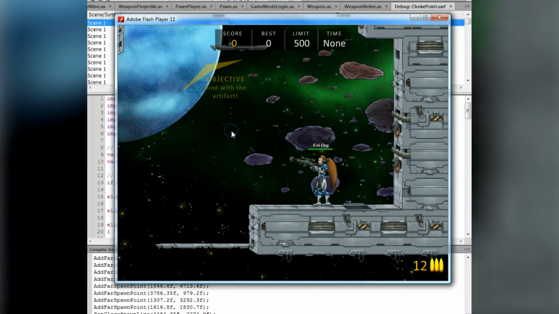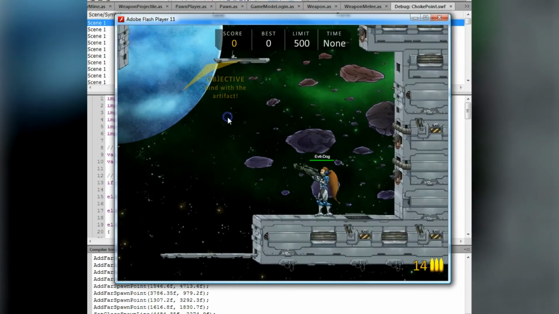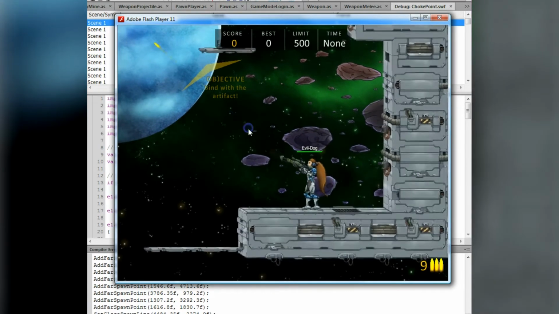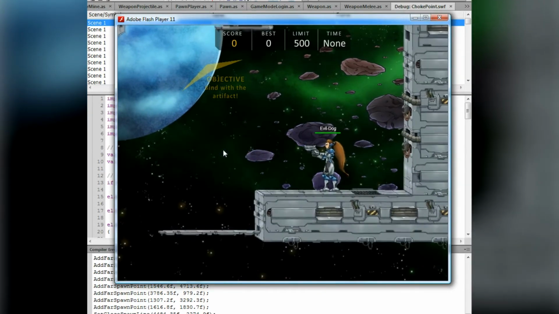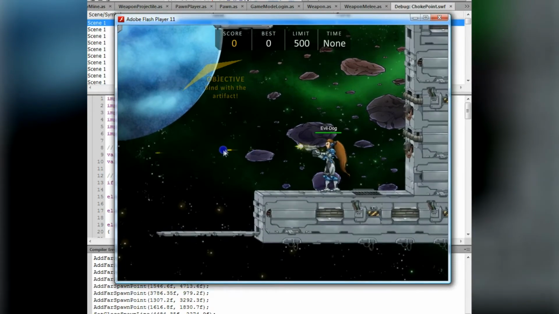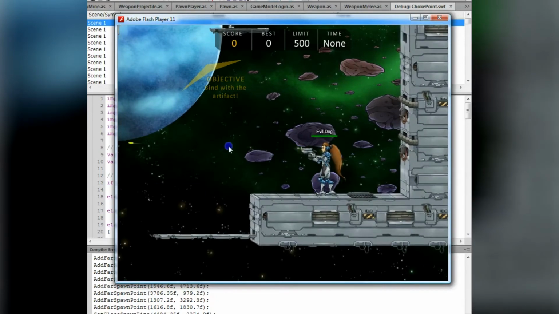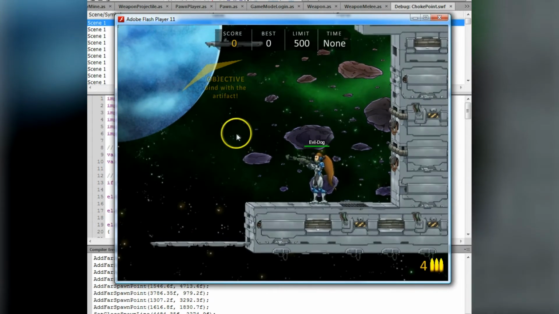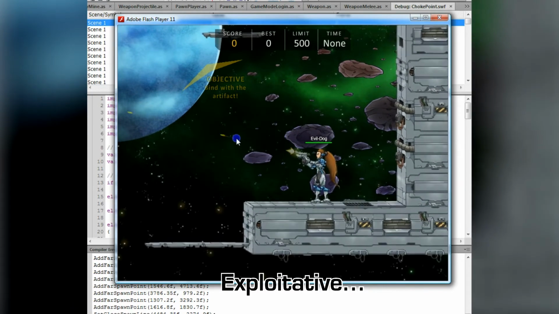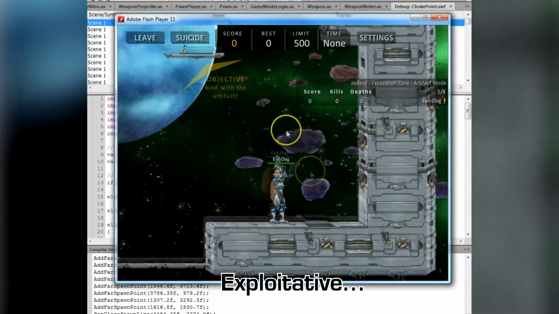Shoot a couple shots just to make sure which one is which. Okay, 2, 3, 2, 3. Okay. Alright, good. That I can do. That's good. I can switch weapon and it's not like exploiting it. Alright, good. I'll take another weapon even...